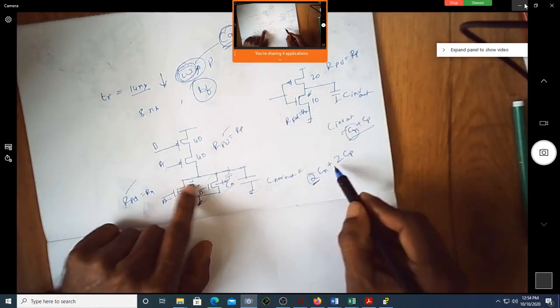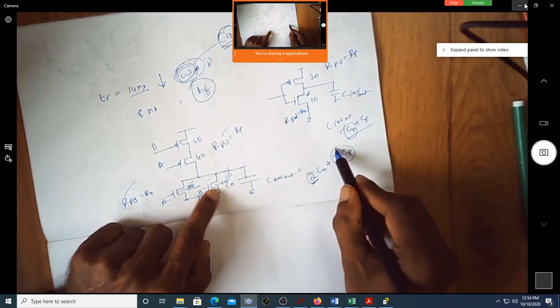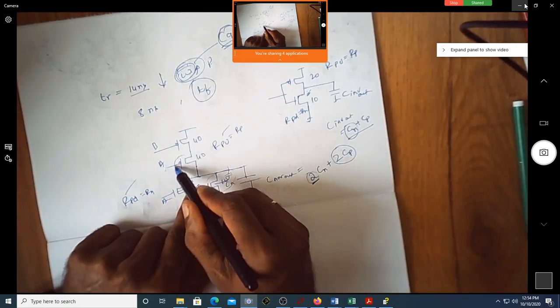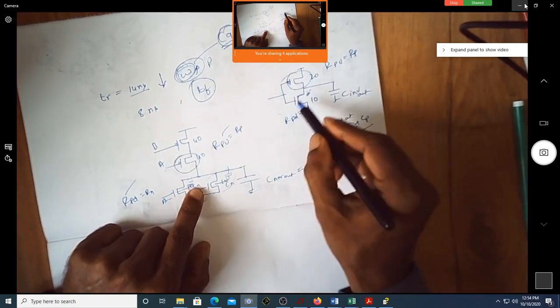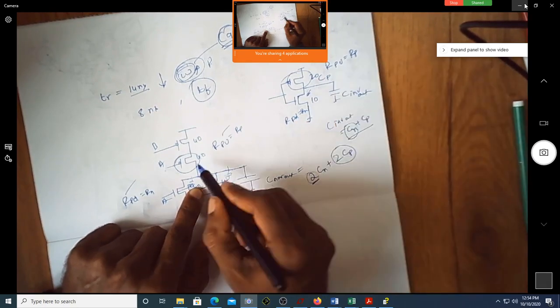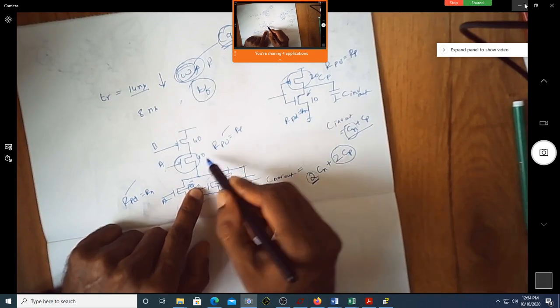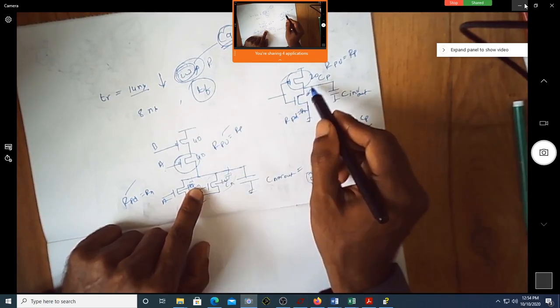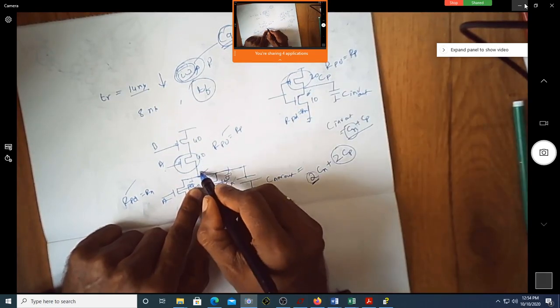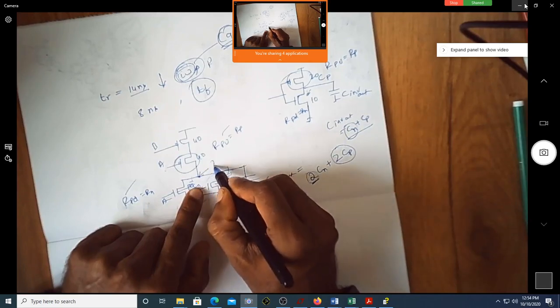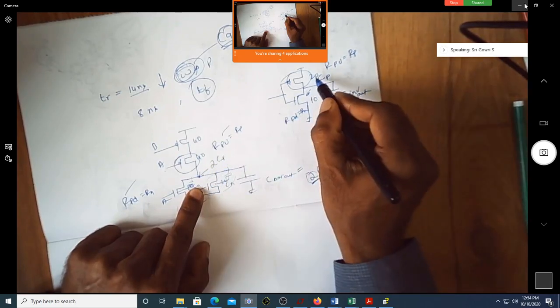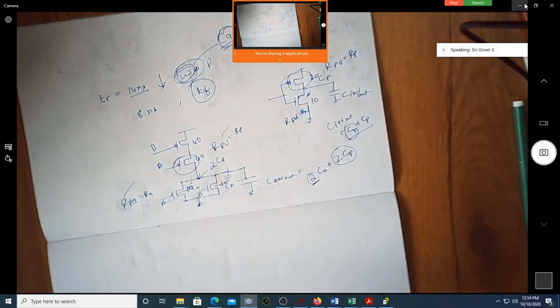Next, why is it 2 CPs? Can you see the dimension of this transistor and this transistor? Suppose this is giving CP, can you see the dimension of this is twice of it? Is the width doubled compared to this? I'm just talking about this junction. Is it not 2 times the CP which was due to 20 as a W? Am I correct? Yes, sir.